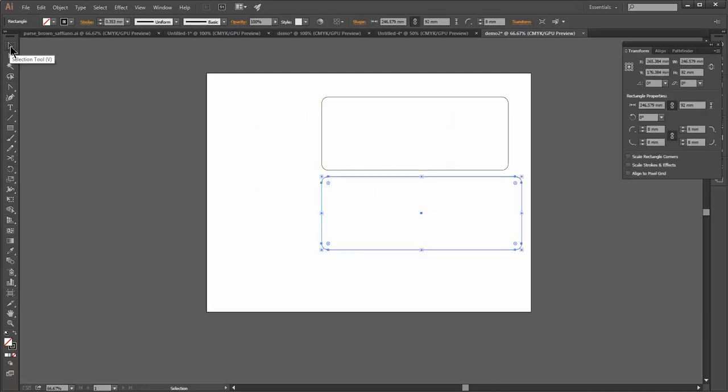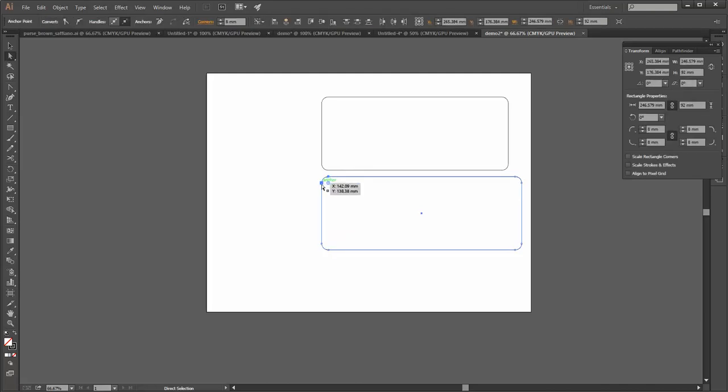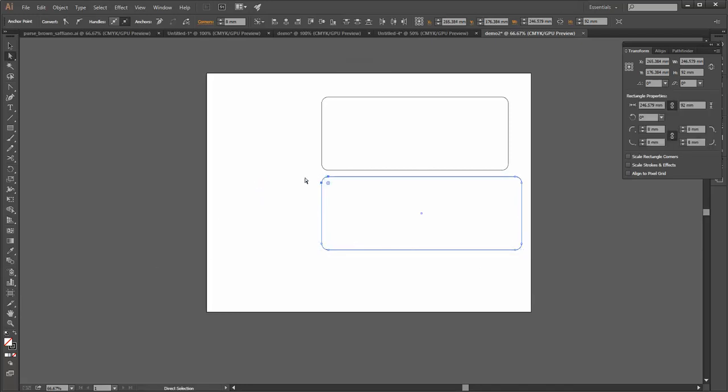Now this button here, the selection tool, will select the whole shape. This is the direct selection, and you can select individual points. I'm holding down Control to select more than one, and you, oops, sorry, is it not Control? Shift. Okay, so there. So hold down Shift and I can select more than one, and then you can move around the points as you want them to. So if I want to extend the line, I can do it like this. I can drag it, or I can go up here and adjust the width of that box,